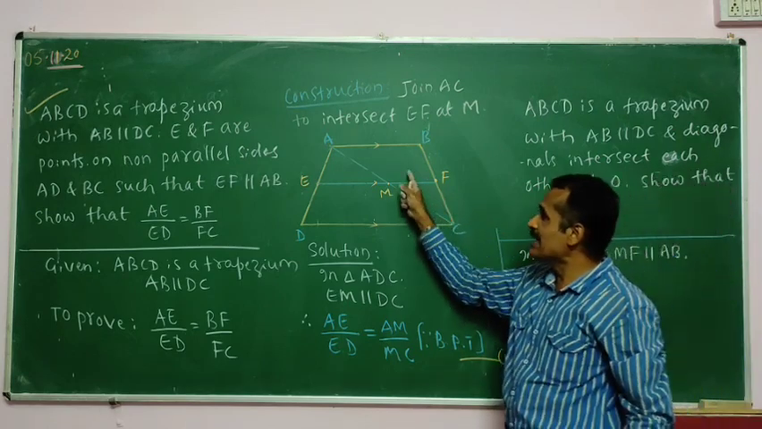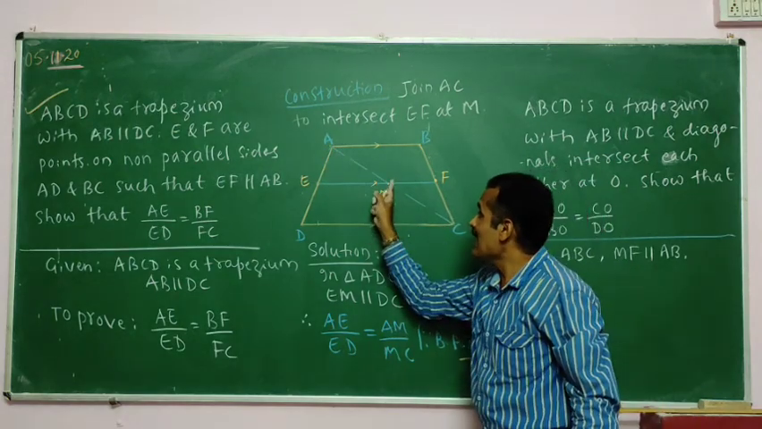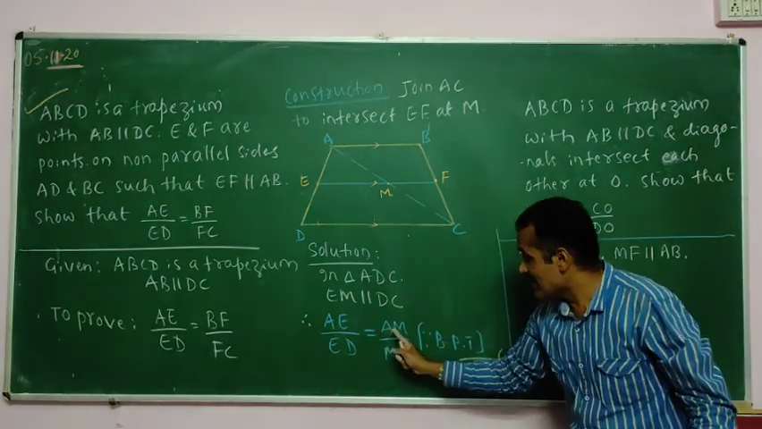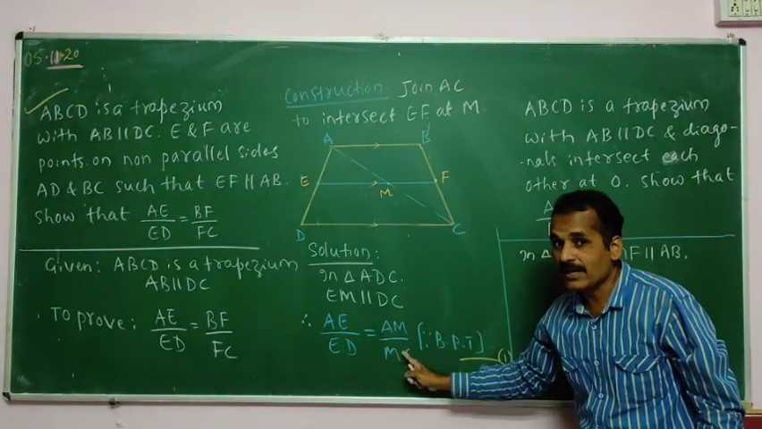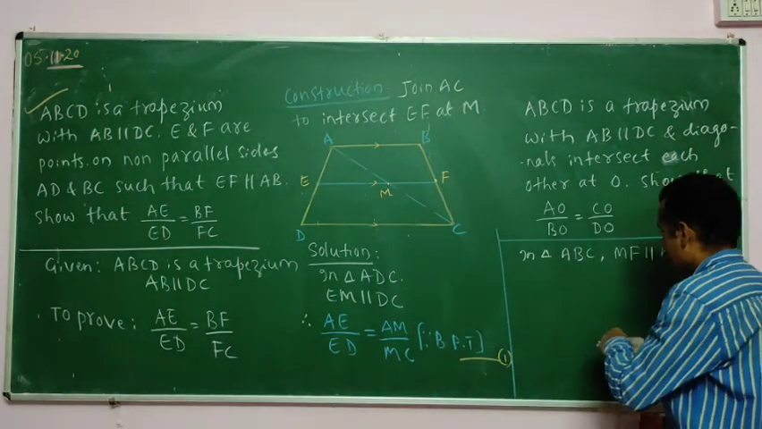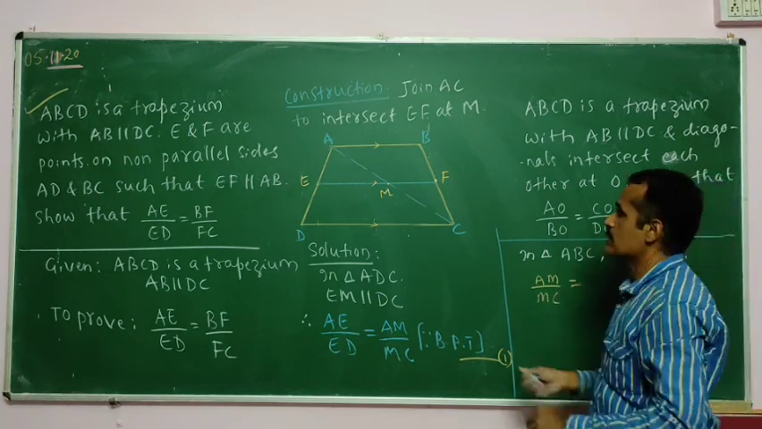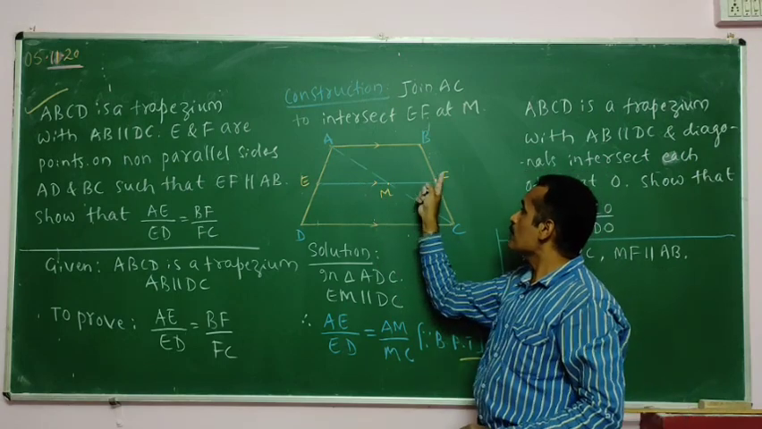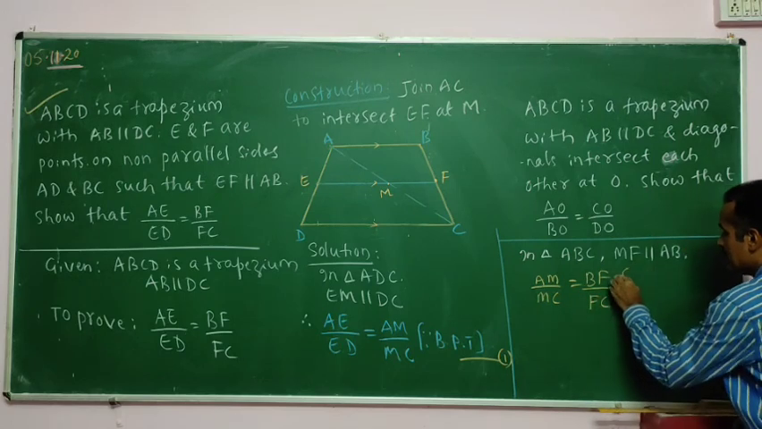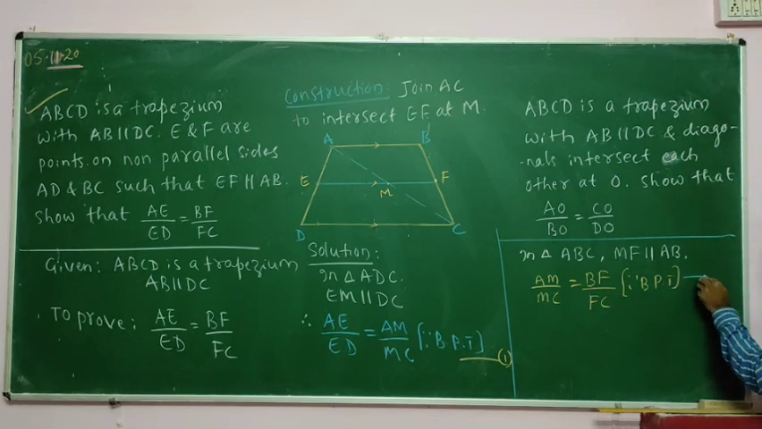जब आपको पैरेलल मिल ही गया, आप उसको बेसिक प्रोपोर्शनल थ्योरम अप्लाई कर सकते हो। AM by MC, चाहे तो आप CM by AB लिख सकते थे, लेकिन यहां मेरे पास ऑलरेडी AM by MC इधर है, इसको मुझे कैंसिल करना है तो मैं लिखूंगा AM by MC is equals to BF by FC. This is because of basic proportionality theorem. इसको कहो इक्वेशन 2।